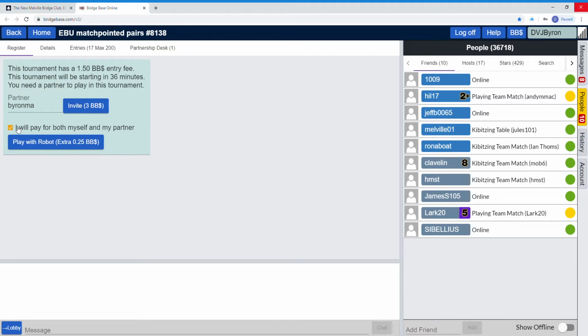You can also, if you don't have a partner, optionally, theoretically, choose to play with a robot, but we don't want you to do that, obviously, so please don't do that. So once you're all set, you then click on this invite. Your partner, who then, as I say, is online, will receive an invite, and the two of you should accept